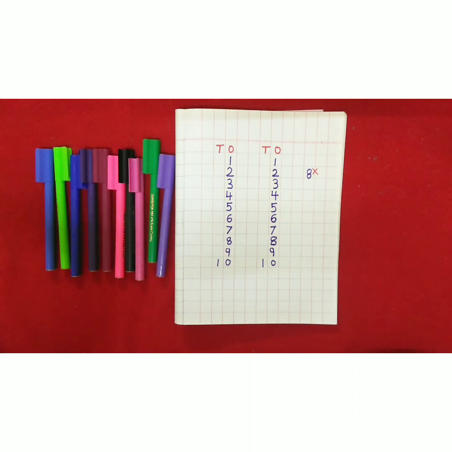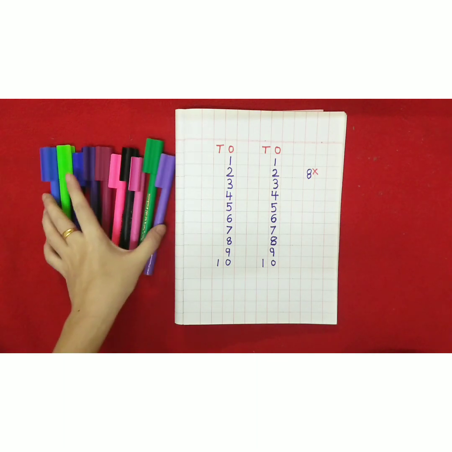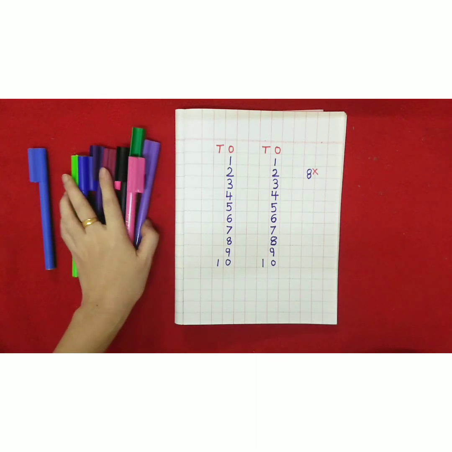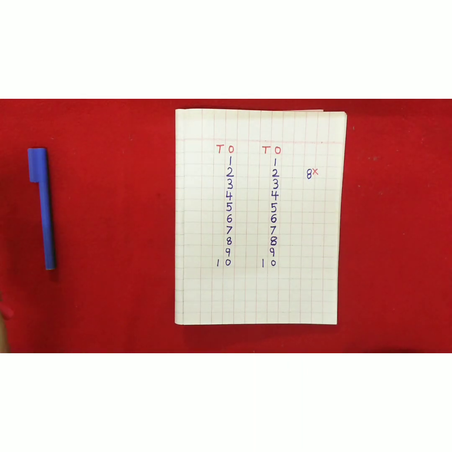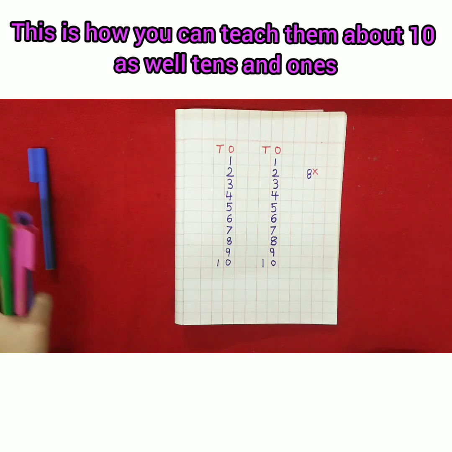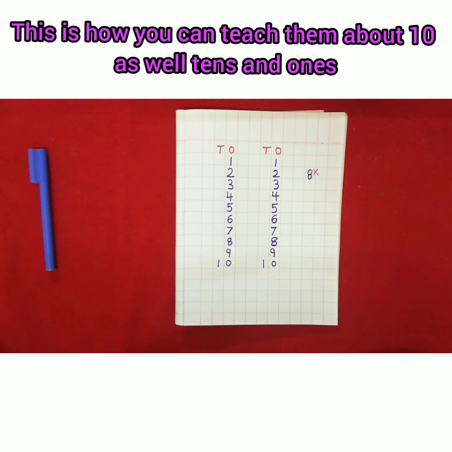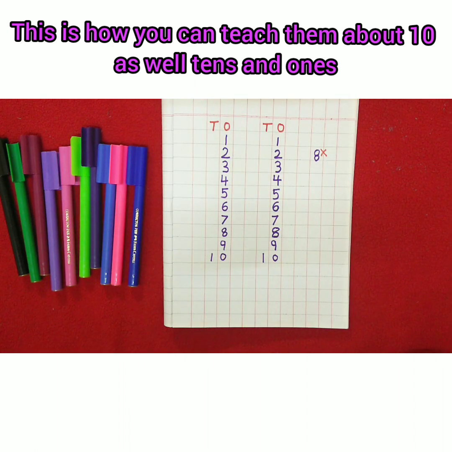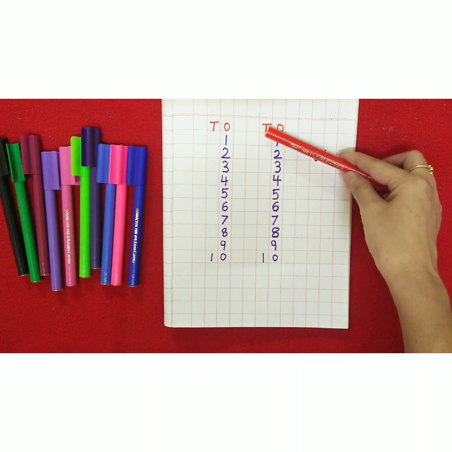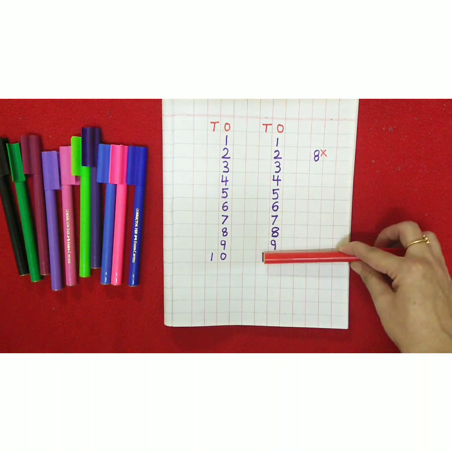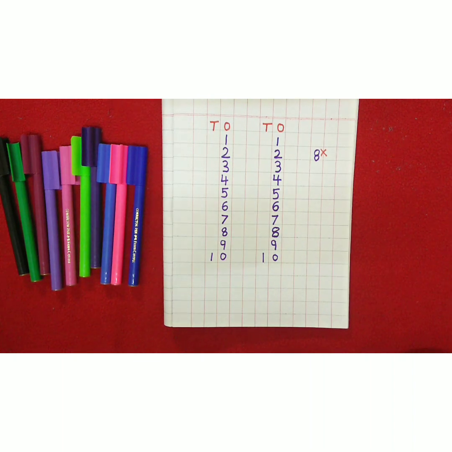That is why she was able to hold all the single digit numbers, that is 9 sketch pens, in her hand. But when it came to the 10th one, it could not fit because it is a big number. It is bigger than the single digit number. And since 10 is the first double digit number, or first ten, that is why it requires a special place below T. This is how you can explain to your kid and try this activity.